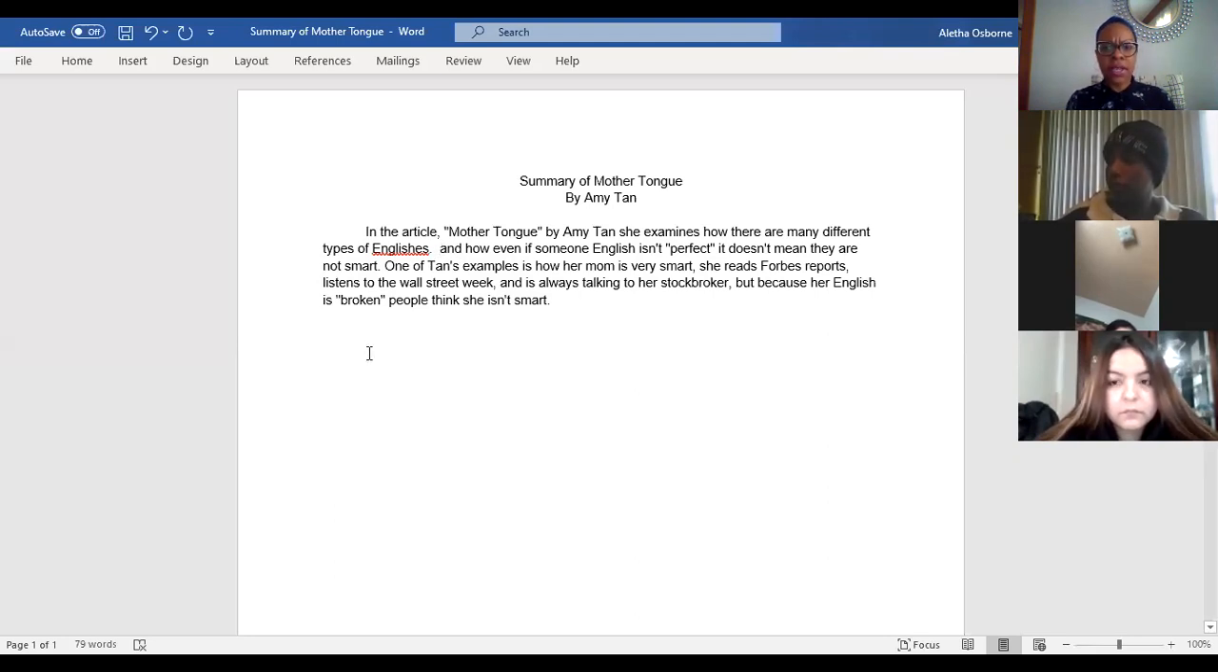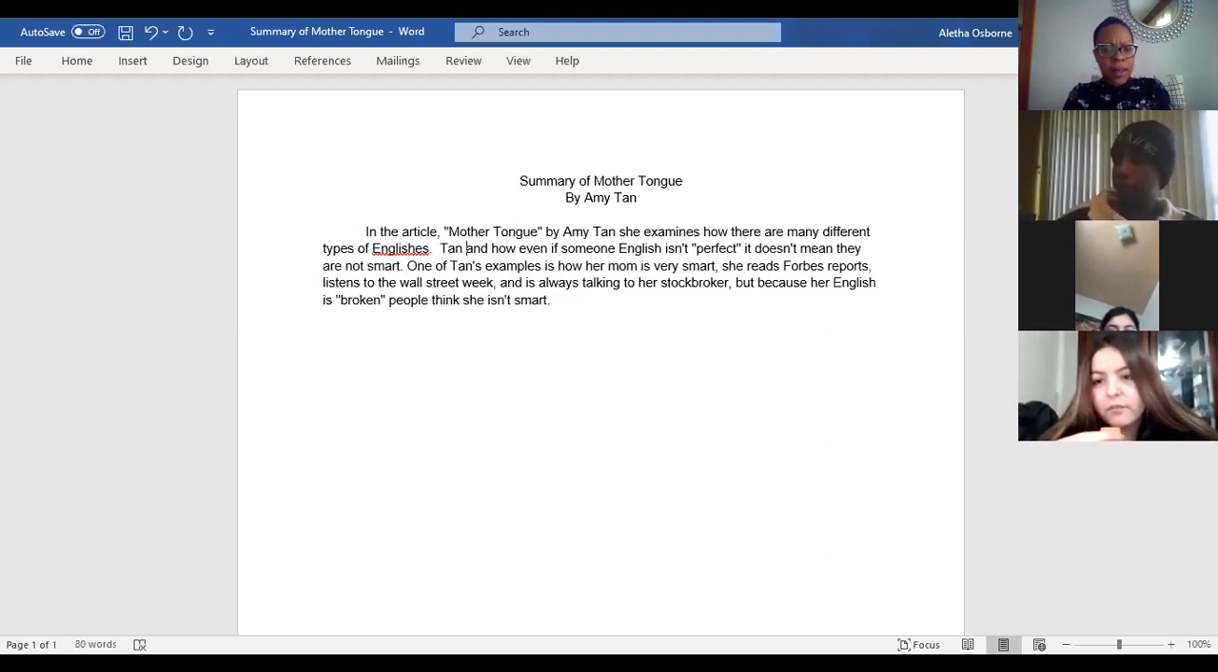Let's see. She examines how there are many different types of English. What do you guys think should be our next sentence here? What could we add to help us organize the details as they're outlined in the text? What else should we add next? I was thinking about how she translated everything for her mother. Okay. All right. So let's say